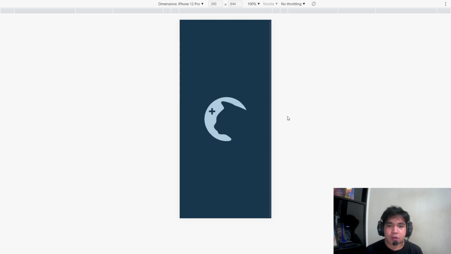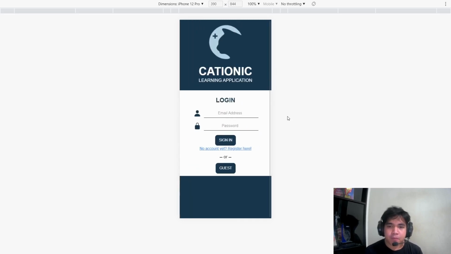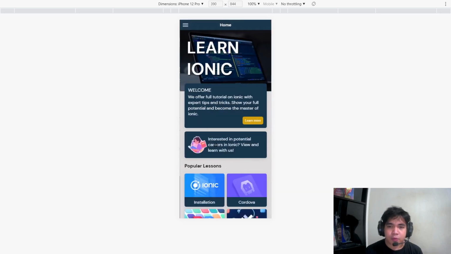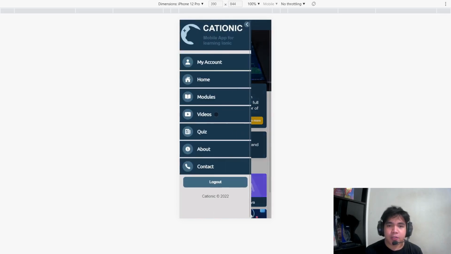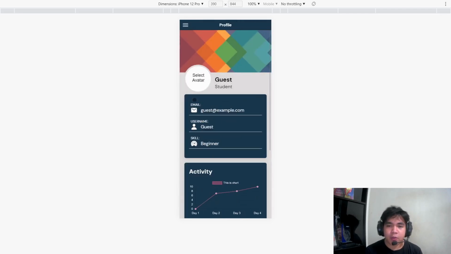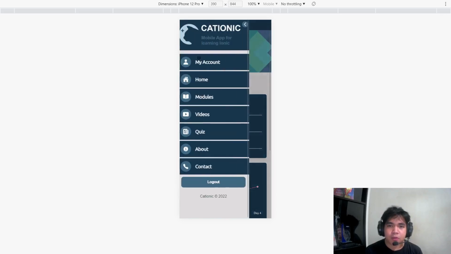So that is our splash screen. So it will take us to the login page. So you can see here the login page. If we have an account, we can sign in or log in as a guest. So if we select guest, we are able to access every content here. So the only difference is if we go to the account, our information is not updated. Okay, so let's log out